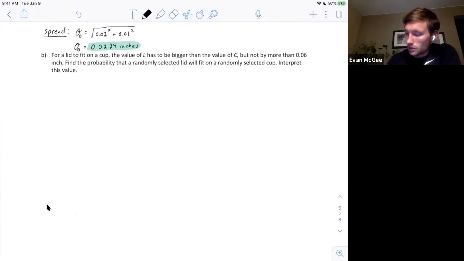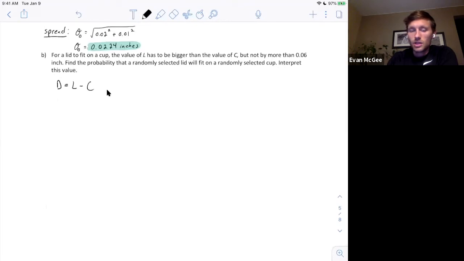We are using the difference of the lid minus the cup. If D is a positive value, that means the lid is larger than the cup. If D is a negative number, that means the cup is larger than the lid. So we know that the lid has to be larger in order for it to fit onto the cup, but it can't be larger than